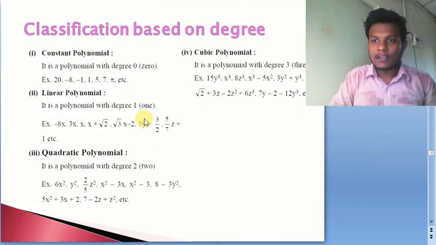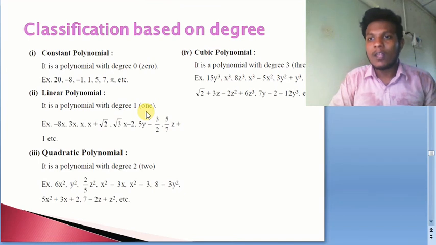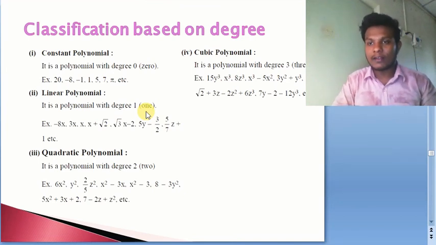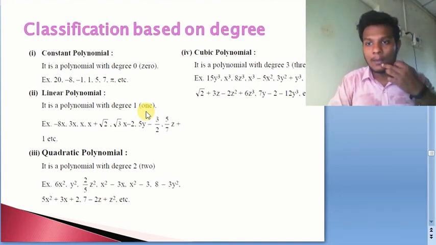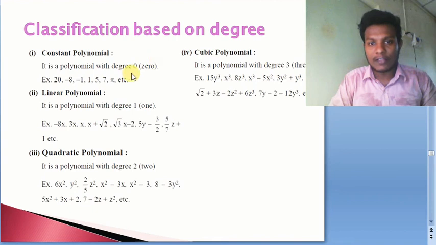In the last class, if you remember, we saw one classification of polynomials, depending upon the number of variables involved. If only one variable is there, it is a one variable polynomial. If two variables are there, it is a polynomial in two variables. If three variables are there, it is a polynomial in three variables. Now we are going to see one more classification, based upon degree. We have discussed what the degree is, so depending upon the degree, we can give a name to that particular polynomial.